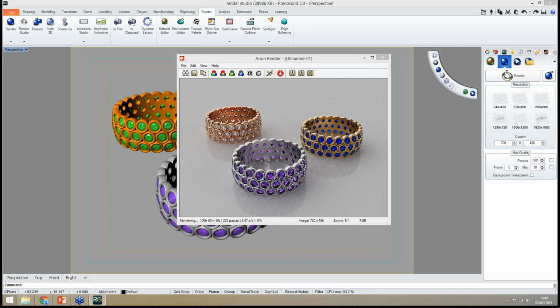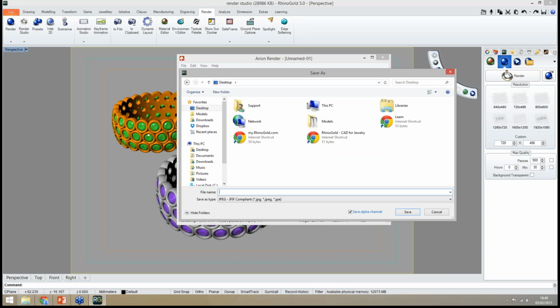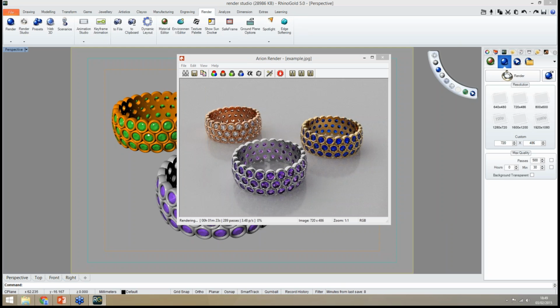And any moment we can save. For instance, I can save this image, and when I save this image, the render keeps calculating. So I save this image as example, and as you can see, the render keeps calculating, keeps improving my render.